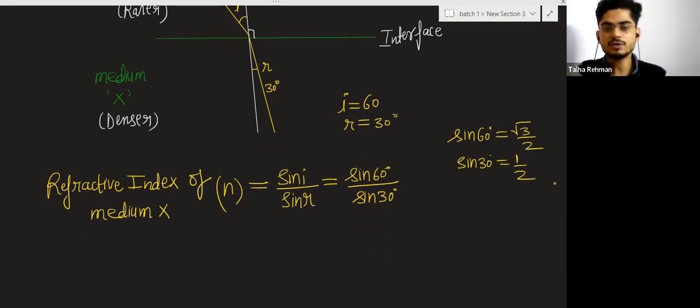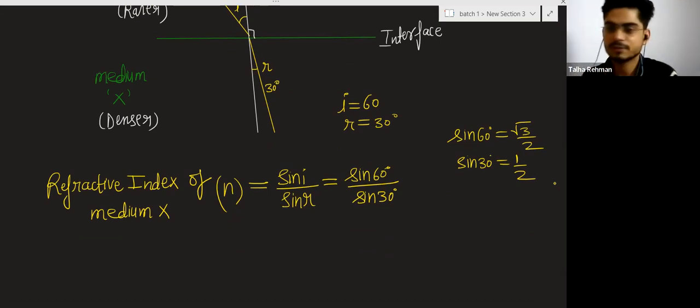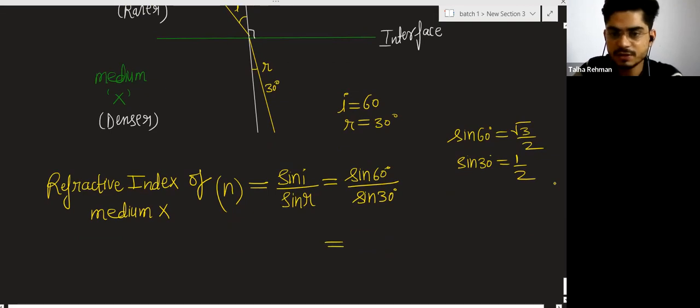So Sarah, now have you got the answer? Means we are using this sine here for calculating the refractive index. Actually, for studying the physics, we use the basics of mathematics also. So sine 60, you will write root 3 divided by 2. For sine 30, you will write 1 divided by 2. When you will solve, can you solve this expression?